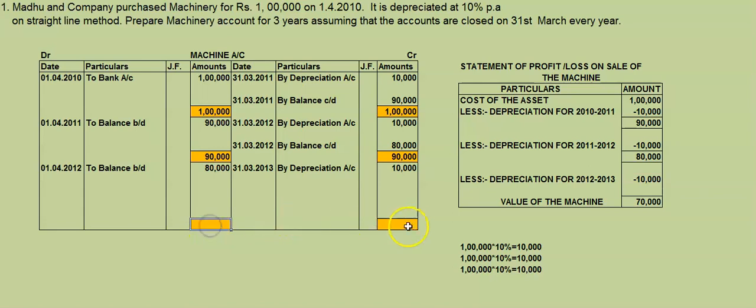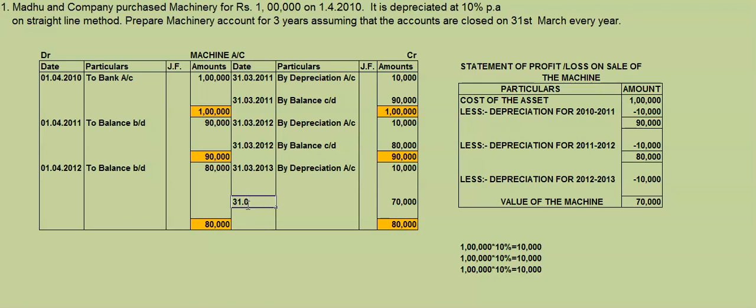Now what is the last step? Balancing. How do you balance? We'll check the total of the debit side. We'll also check the total of the credit side. Which one is more here? Debit side is more. Debit side total is 80,000. Credit side total is 10,000. So debit side 80,000 minus credit side 10,000, the difference is 70,000. That you have to take. Is anything given? Nothing, so we'll close the problem. 70,000 is the answer for us.